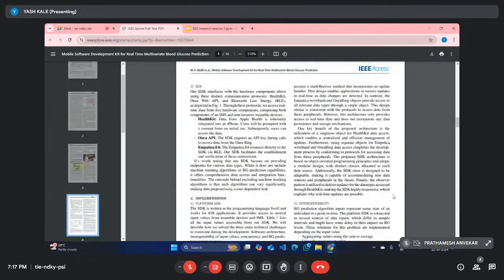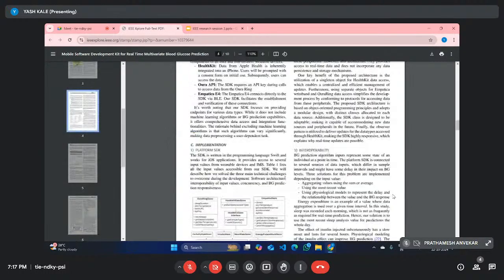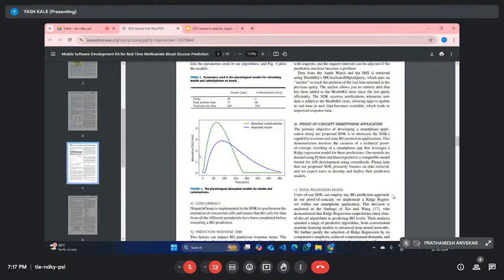The next component that we looked at was graphs. A graph is basically also an image, so it also must have a caption. It must be numbered, and both axes of the graph must be labeled. You should also mention the units along with it, and the graph should be clear. Like in this graph, we can see that the green line represents the absorbed carbohydrates, and the blue line represents